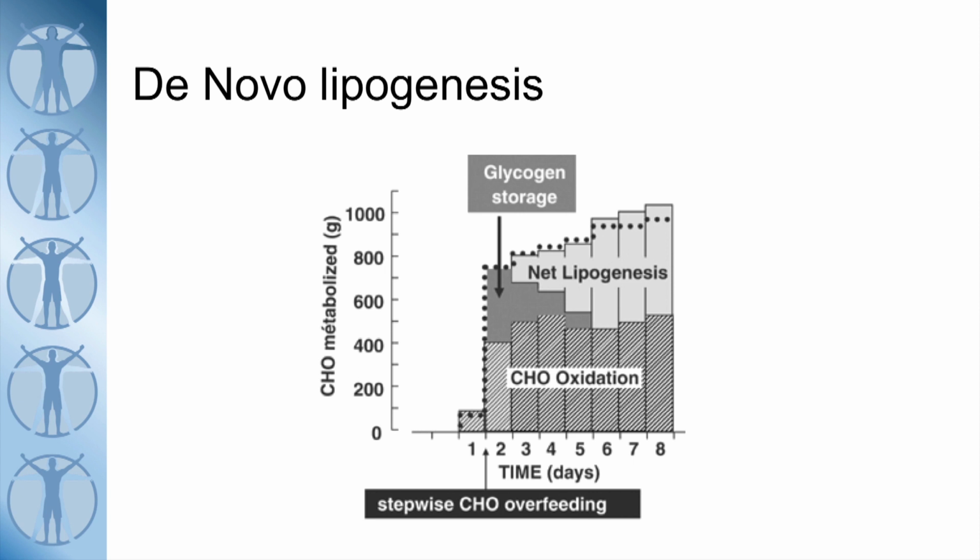And this is a very elegant study where they said, we're going to give people more carbohydrate than they can burn, and we'll see what happens. So on day 2 here, you'll see that they burnt that much of the carbohydrate, and they measured that through some fancy techniques, and they turned this much carbohydrate into glycogen stores. Now what happened on the next day? Because their stores were quite full, they probably burnt a little bit of glycogen, but there wasn't that much room. So they burnt a bit more actually. They stored a bit as glycogen, but then they started to produce fat.